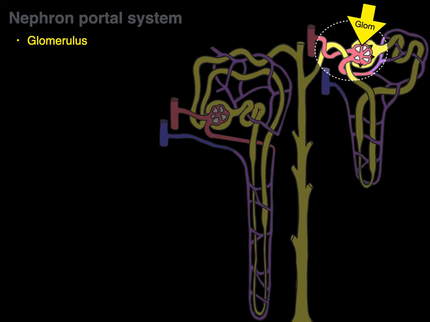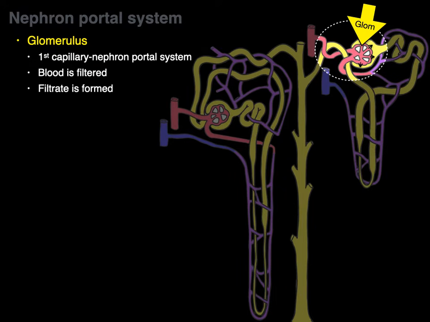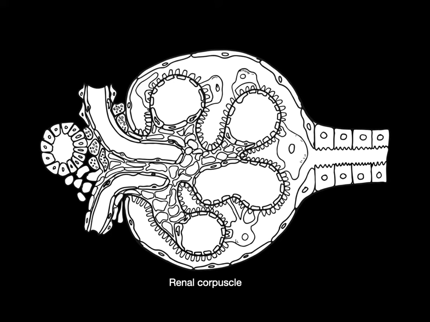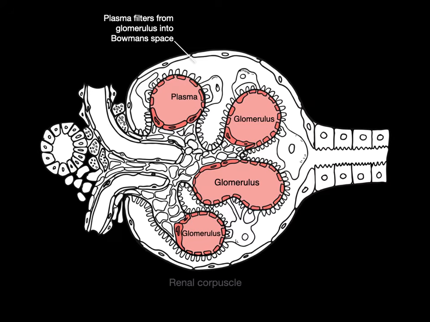Then the afferent arteriole goes to the glomerulus, which is a capillary. It's the first capillary in this nephron portal system. It's where blood is filtered and then filtrate is formed. So here we have an illustration of a renal corpuscle. There's the afferent glomerular arteriole supplying the glomerulus, and within each of those glomeruli, notice that top left one,